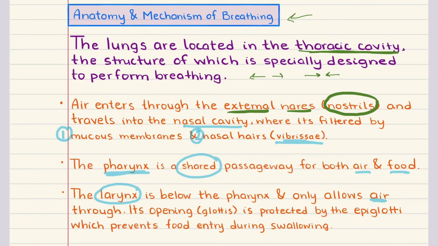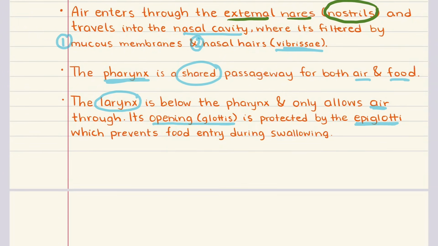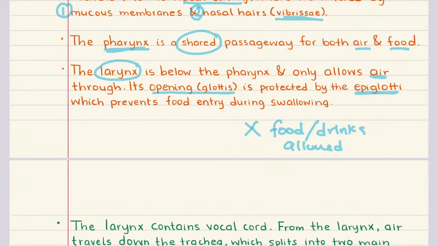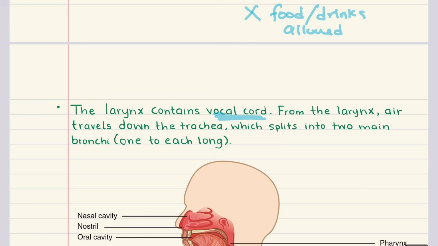At the top of the larynx is an opening called the glottis, and it's protected by a flap called the epiglottis. When we swallow, the epiglottis is going to fold down to cover the glottis, and that will prevent food or liquid from entering your respiratory tract. Now, the larynx also contains the vocal cords. The vocal cords are structures made of skeletal muscle and cartilage that allow us to produce sound when